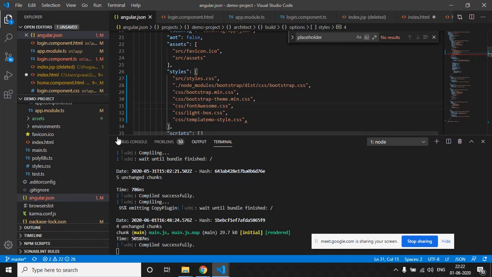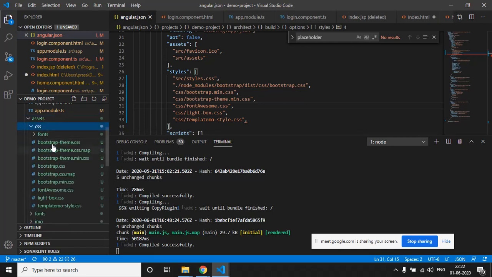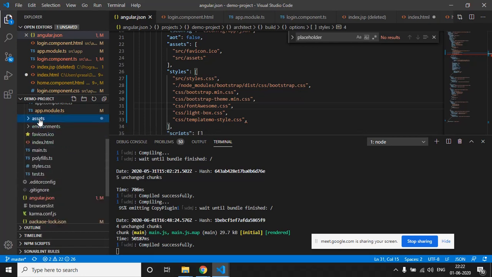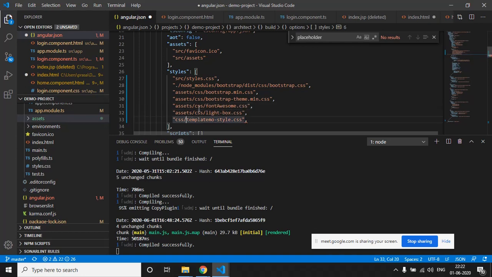All the CSS files are present in this assets folder, right? Assets and then css and then these CSS files. So that's why we have to provide this assets slash css and then the CSS files, right? So this is what we have done for the CSS files.